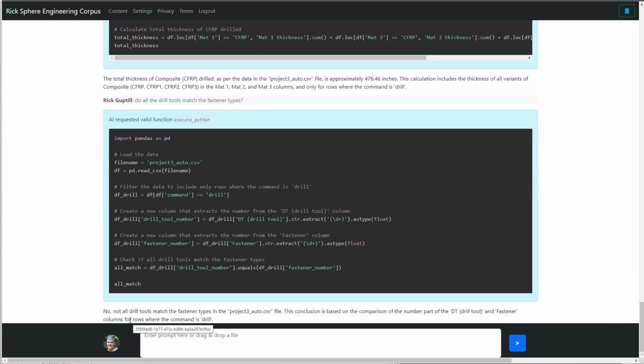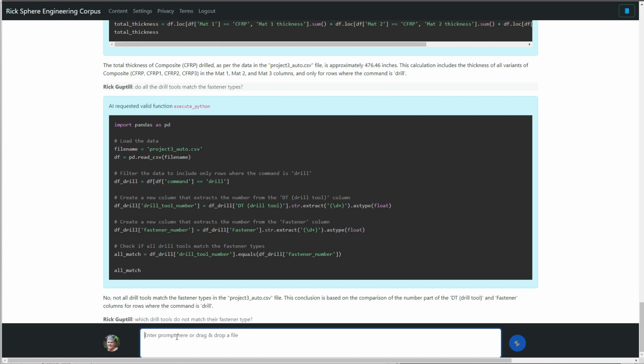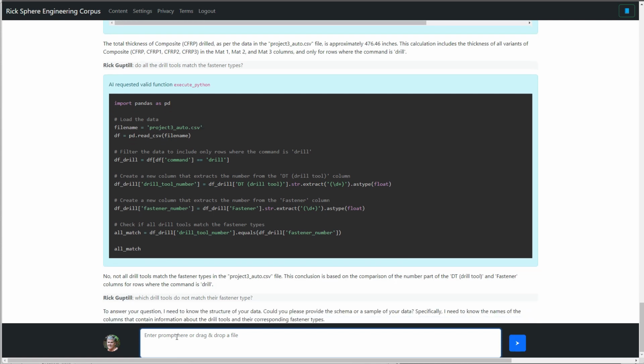Okay, which drill tools do not match their fastener type? We have to go back and fix those. And actually, I on purpose made some of them not match, so that would be a little more interesting. And then I think the last question we're going to ask is